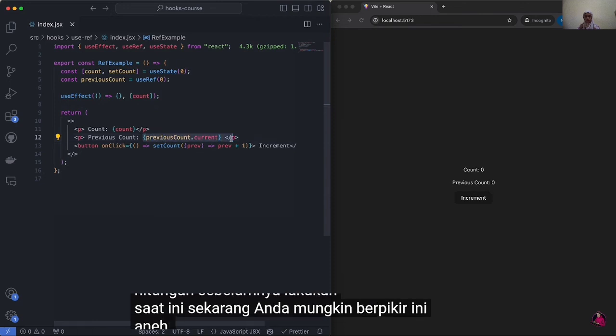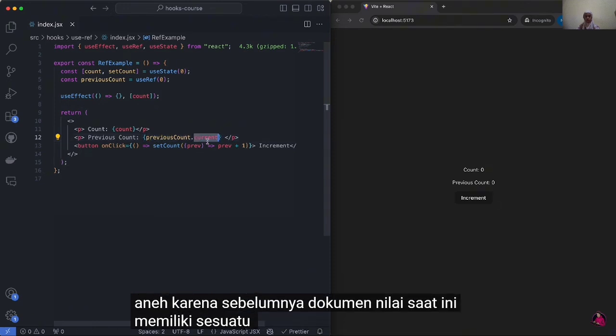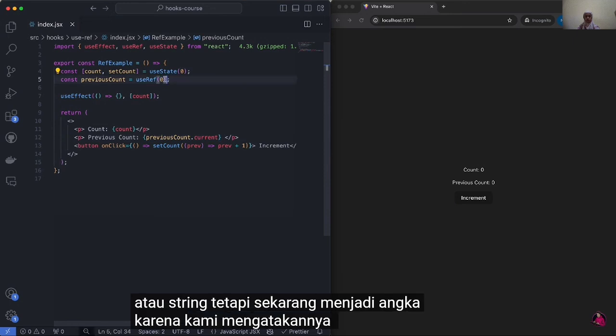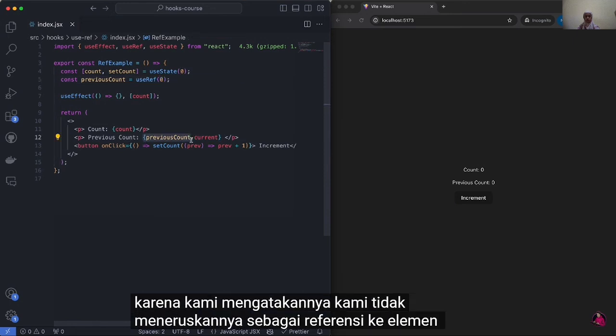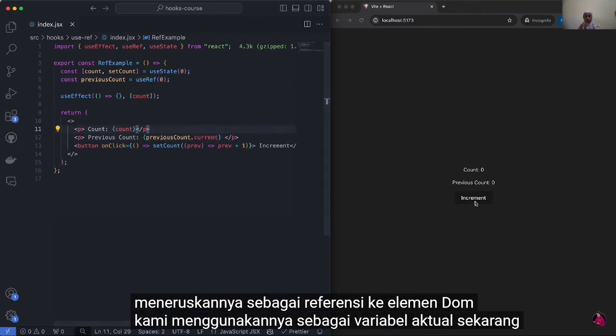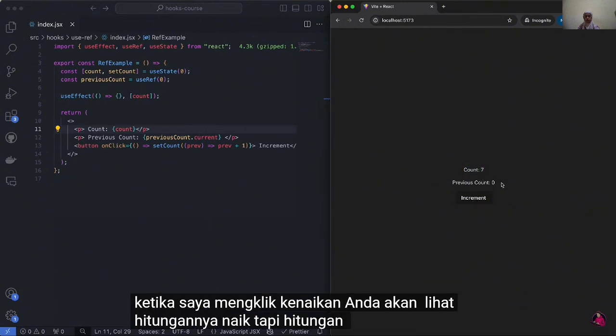Now you might think this is weird because previously the .current value had stuff to it. It wasn't a number or a string, but now it is a number because we set it to be. We didn't pass this as a reference to a DOM element. We're using it as an actual variable. Now, when you click increment, you'll see that the count goes up, but the previous count doesn't because we're not